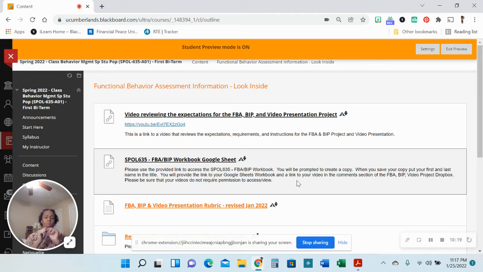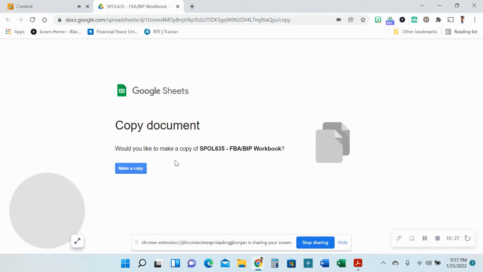All right, so we're going to click on the link here that says FBA BIP workbook, Google Sheet. So once we click on that, this is what you're going to see. Would you like to make a copy? It's your only choice. Your choice is either make a copy or you can't complete the assignment. So when I click on make a copy,